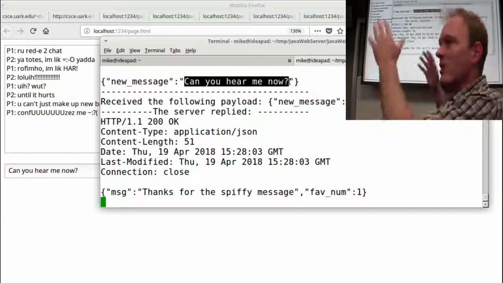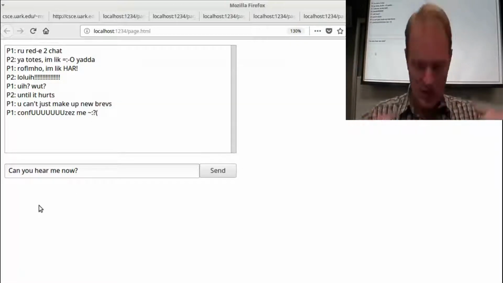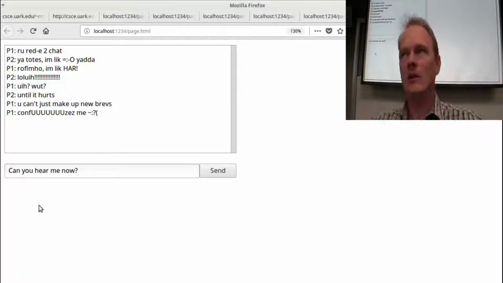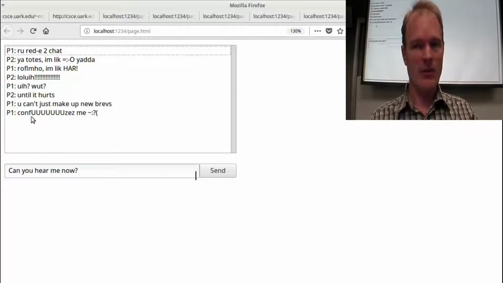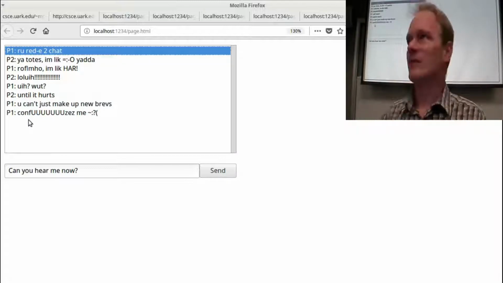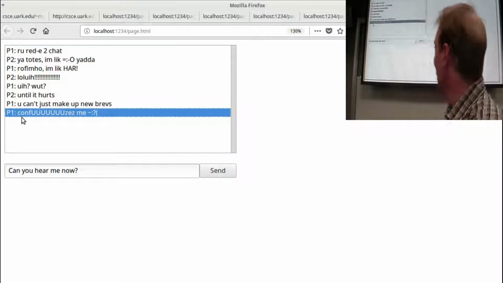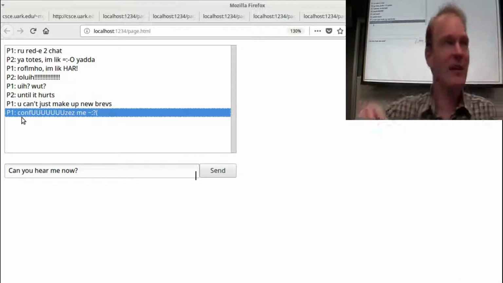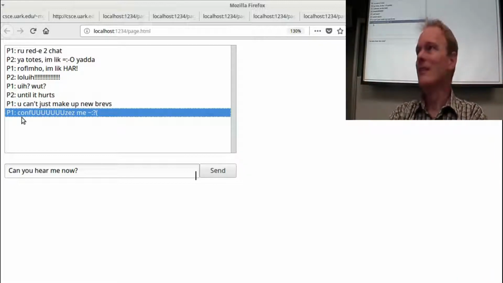Well, I would like the server to now respond by putting this can you hear me now message in the inbox of both clients. And then I'll set all of my clients so they're periodically going to ping the server saying, what's new, what's new, what's new. And when the client gets a message from the server, it will then add it to the chat window. Does that make sense? That way, if I say it and I click send and it pops up here, then I know it went all the way up to the server and came all the way back down and the whole system's working. And basically, my assignment's just about done.